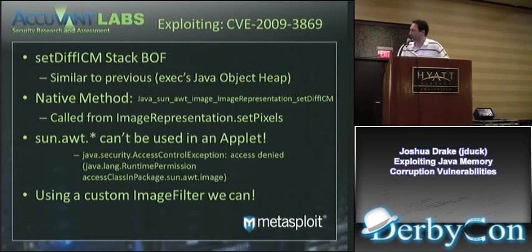But the thing is, you can use an image filter class. The way it works is, when you have an applet, you can create a filter that will take an image that you've loaded and do something to it, and then give you back another image that's been mangled. And you can't get to it directly because that's in Sun AWT too, but you can get to an interface that's in Java AWT that calls into this stuff in Sun AWT. So you can create this image filter and kind of pass it to that API. That API will call into the stuff that you're not allowed to call, and then eventually hit the native method.